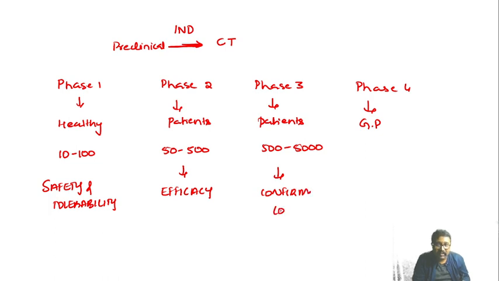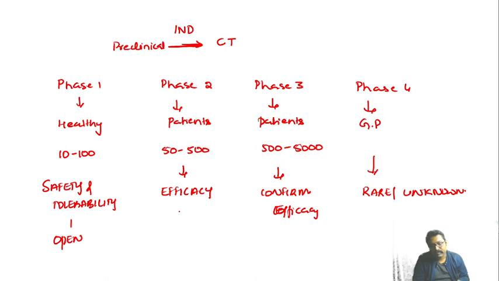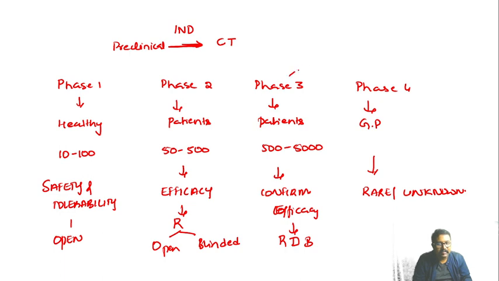We are going to confirm the efficacy. And in phase 4 we are going to evaluate for any rare or unknown side effects. So this is an open label study. So this is randomized. It can be open or it can be blinded. Again, here phase 3 will be a randomized, double controlled, blinded study. So before the drug is marketed, you're going to apply for new drug application, and only after this approval it will be marketed. So this is phase 4, also called as post marketing